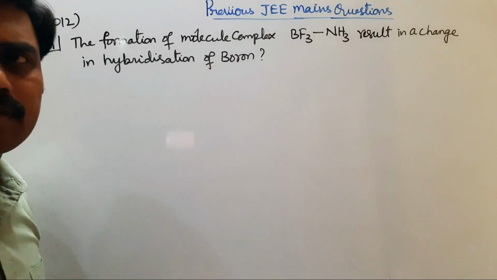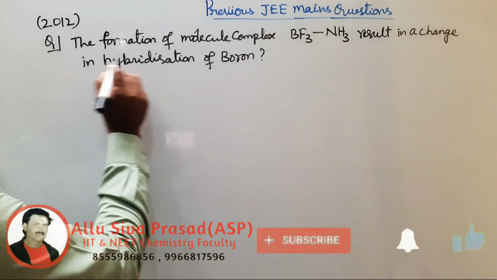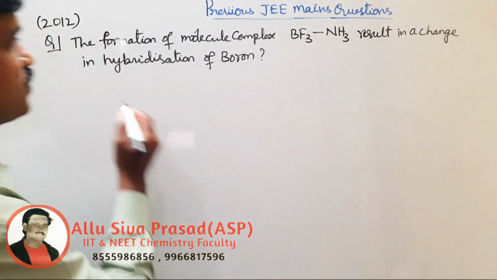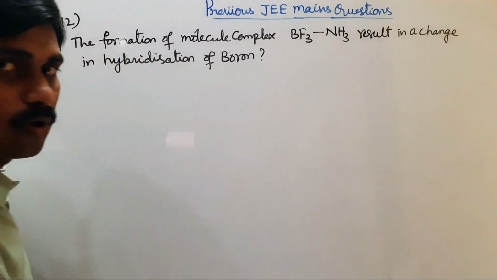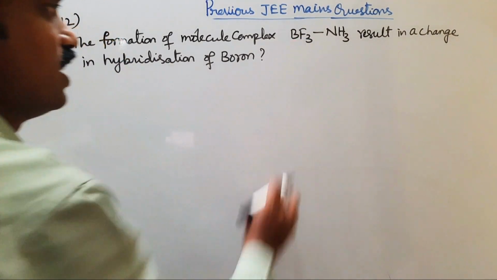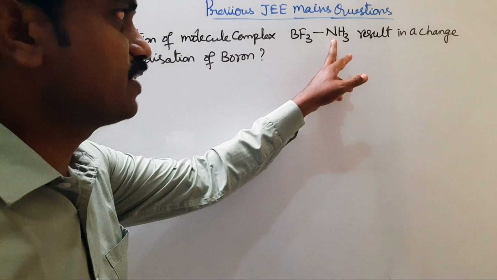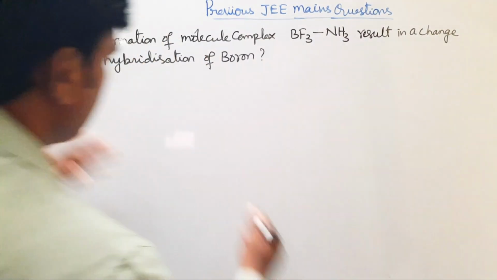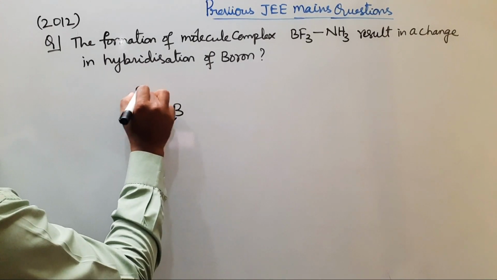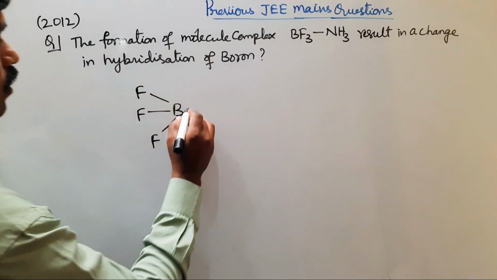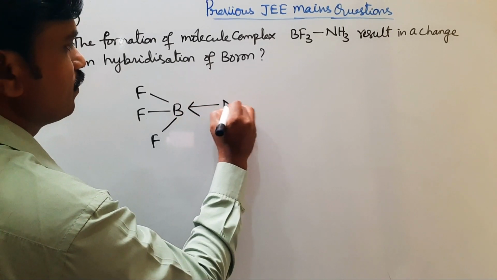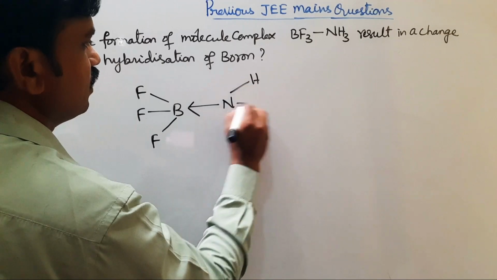Look at the next question. It is a 2012 online mains exam question. The formation of molecule complex boron trifluoride with ammonia results in a change in hybridization of boron. Actually in boron trifluoride molecule, central atom boron undergoes sp2 hybridization. In ammonia, central atom nitrogen undergoes sp3 hybridization. See, in boron trifluoride molecule, boron is having a vacant orbital. That's why a coordinate covalent bond is found between NH3 and